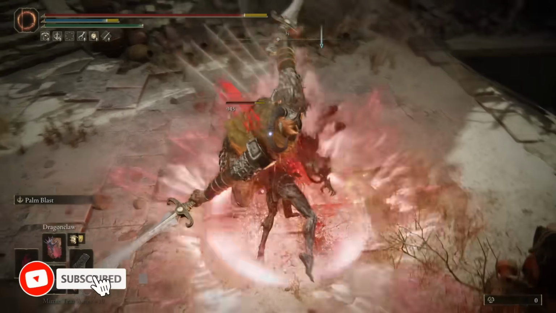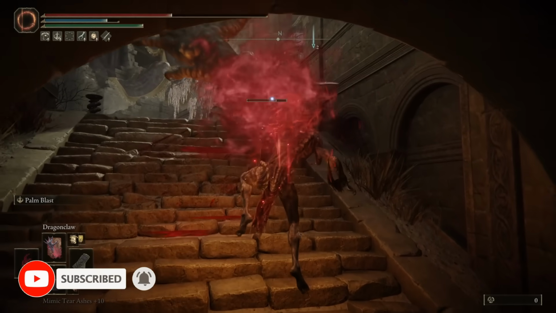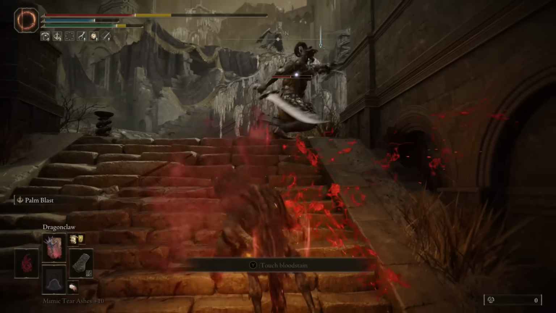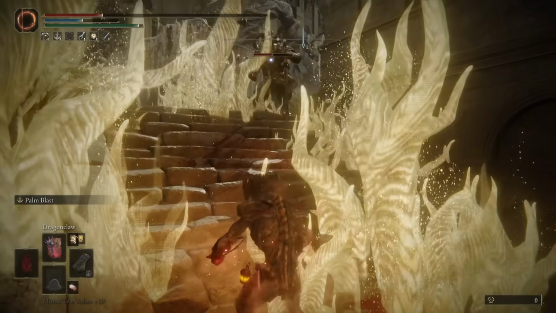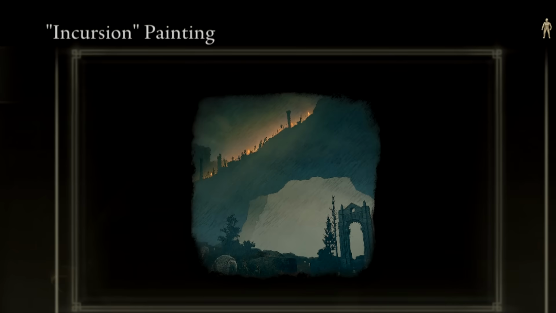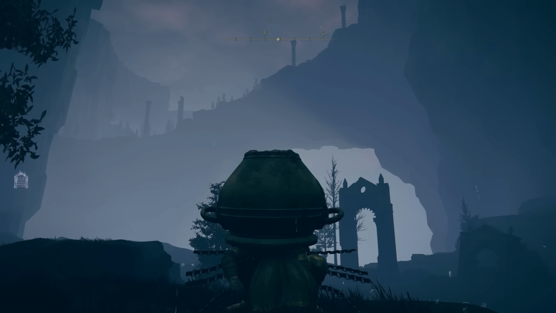Ladies, gentlemen, and tarnished of all ages, there were a hell of a lot of things in the base game of Elden Ring that made it very special. And among all of these just ridiculous amounts of exploration that the game offered, one of the more interesting mechanics were the painting puzzles. You find a painting in one location, then you find the place where the painting was painted from, and that place will have a view matching the picture in your inventory, and you get a special